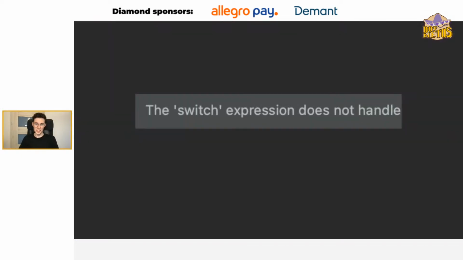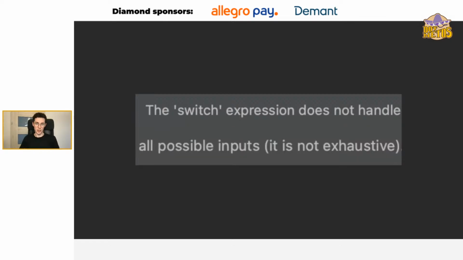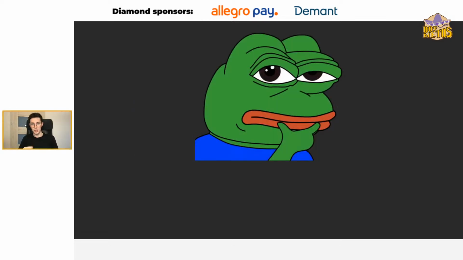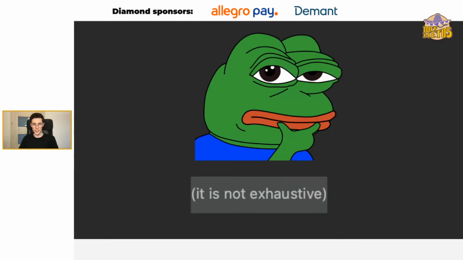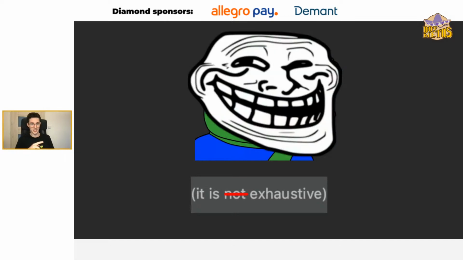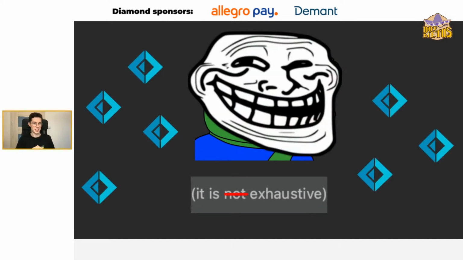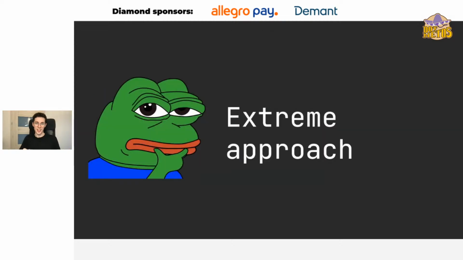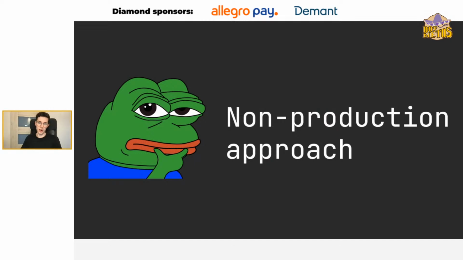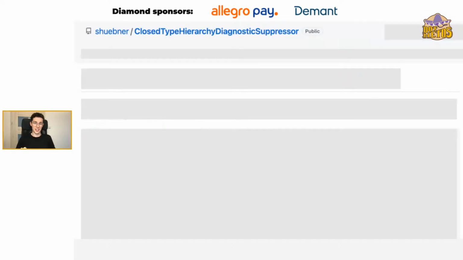From the message, the switch expression does not handle all possible inputs, so it's not exhaustive here. Let's emphasize this part for a second. Can we somehow enhance the exhaustiveness check of the C# language for switch expressions and maybe steal it from our neighbors? An extreme approach, or I would call it a not-production approach, would be to use this project, let's say: the closed type hierarchy diagnostic suppressor.